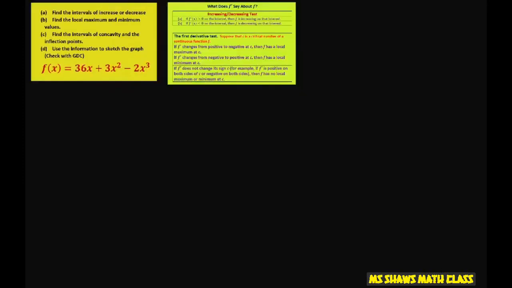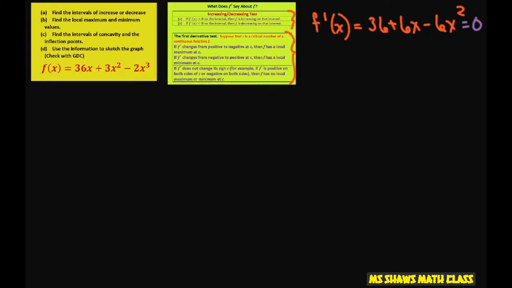All right, so the first thing we're going to do is find the intervals of increase or decrease. So we want to find what's going on with that by taking our first derivative. And then we can figure out our local min and max. So for the first derivative, f prime of x, we're going to get 36 plus 6x minus 6x squared. All right, and let's fix that up because we're going to have to set this to 0 to find our